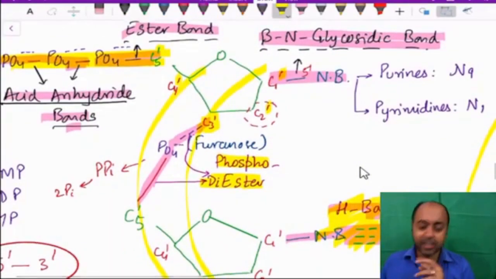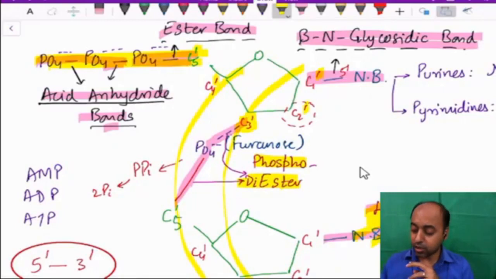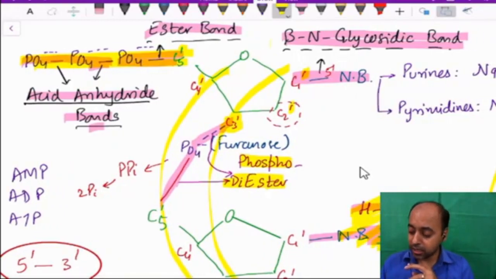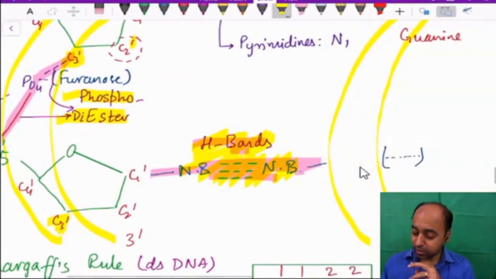Alright, so when we attach the sugar to the nitrogen base, we get the nucleoside. When we attach the phosphate, we get the nucleotide. The various bonds in the nucleotide are the beta glycosidic bond, the ester bond, and the acid anhydride bond. Two nucleotides are joined together with the help of the phosphodiester bond. The two nucleic acid strands are joined together by hydrogen bonds between the nitrogen bases, which holds the two strands of